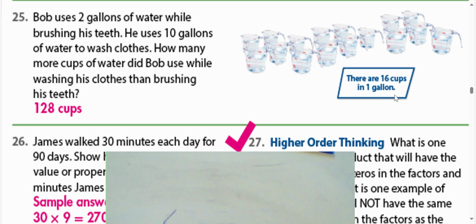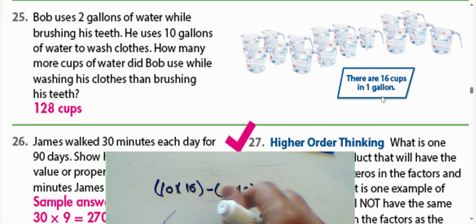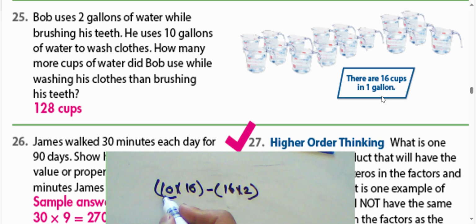We have 16 cups in 1 gallon. Okay, then we can write 10 multiplied by 16 minus 2 multiplied by 16. Or we have here 2 gallons of water, and each gallon contains 16 cups, so 2 times 16. Understood? First, he used 10 gallons of water to wash the clothes, and also used 2 gallons of water while brushing his teeth. We can multiply and find the difference between the two numbers. Okay,